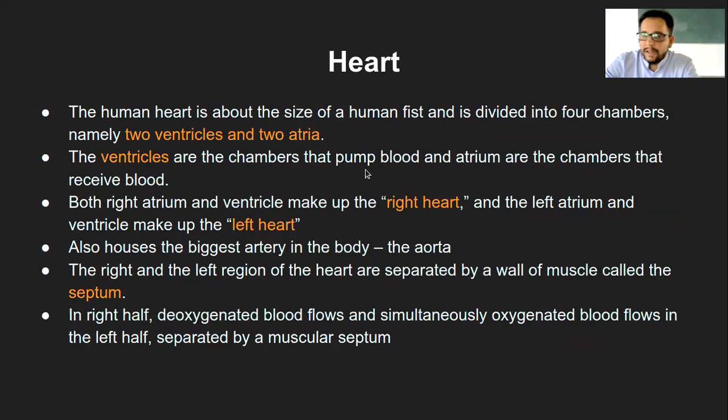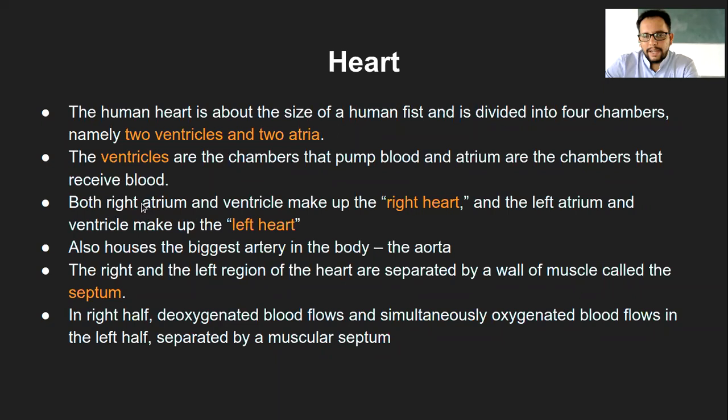So that is ventricle and atrium. And if you ever get confused about which is the upper chamber and which is the lower chamber, you can simply remember ABCD, like A to Z alphabetically. Atria is the first one, ventricle is the second one. So ventricle is down, atria is on the top. That is just a simple trick to remember, if someone feels confused about which is ventricle and which is atrium.